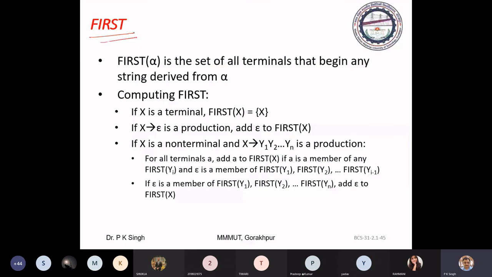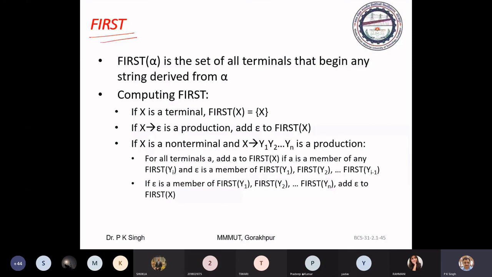First of alpha is the set of all terminal symbols that begin any string derived from alpha. So to compute first of alpha, if x is a terminal, first of x is x. In the case of a terminal symbol, first of that terminal is that terminal itself.